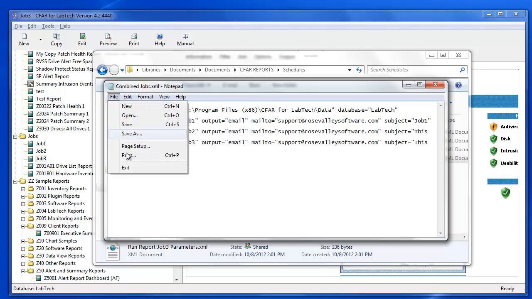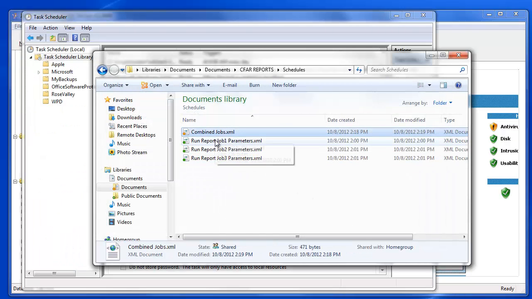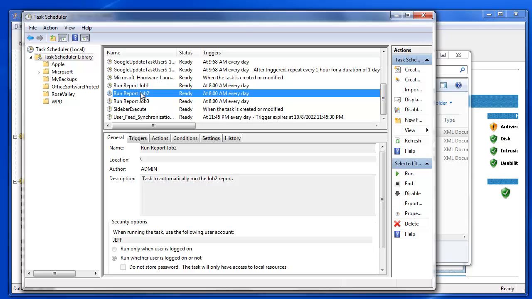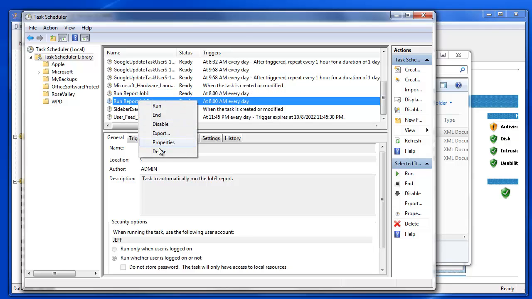I'm going to save that, and my last task will be editing the task scheduler. So I'll now move over to the task scheduler, and this is where I want to delete the last 2 jobs, and I'll just edit the first one. So let's get rid of that, get rid of the 3rd job,